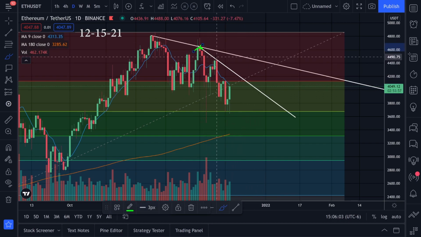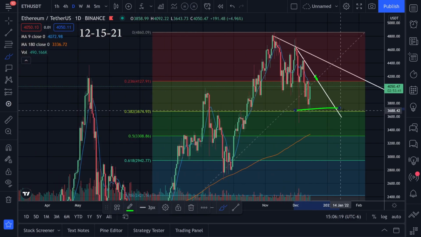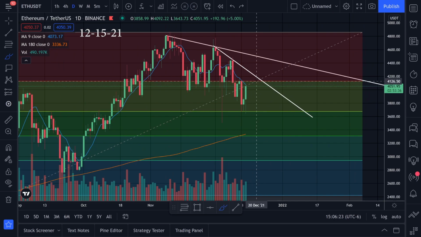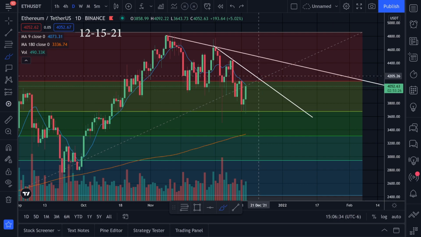So we have resistance right here, giving us a downtrend, and I'm curious if we're going to get rejected or if we're going to be able to break through it. If we start trending back down, what I'll do is take profits and I'll set up my limit orders again at this Fibonacci retracement level, maybe somewhere around 3,700. I'm going to give it a chance to break through though. I want to see if we can break through this and start trending up, but I am very curious about this trend line right here, and I'm kind of cautious about it, should I say.